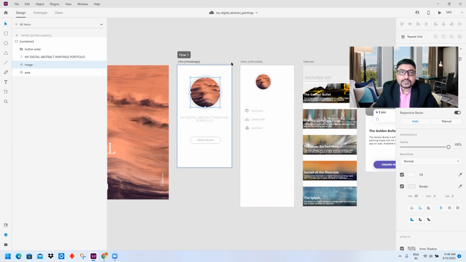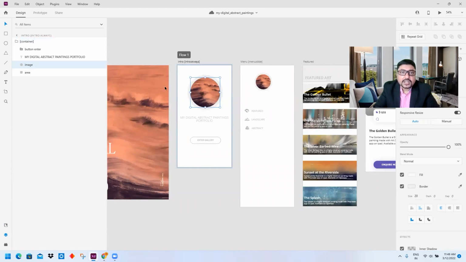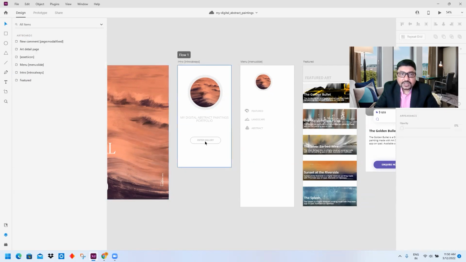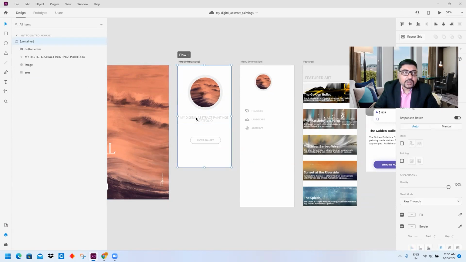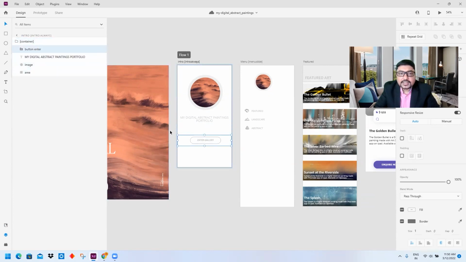Okay. And the base thing that you always have to do is tell Bravo Studio what the hit area of this particular thing is. If you don't have a hit area, the entire artboard is considered as a hit area. So I have created, see, an area which is nothing but a rectangle. Okay. This I have denoted as area. Okay. This is a text box, and see, after creating all these things, this is a normal text and this is a button.